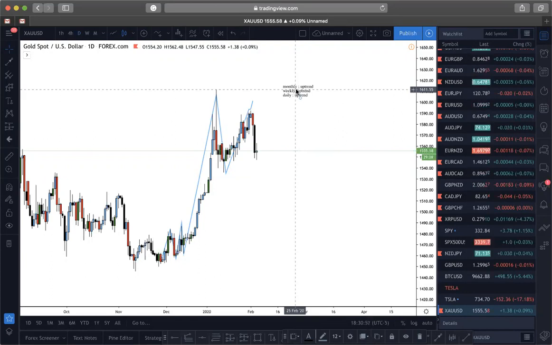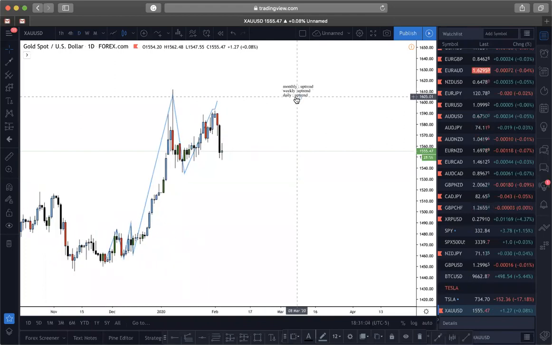Up or down? Yes, up, right? Because obviously all the time frames are aligned and they're all going up. So you shouldn't be looking to sell gold. You should be waiting for a buy opportunity. You should be looking for that pullback, waiting for that pullback to change, and then jump in on that trade,